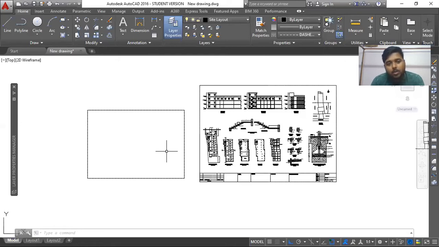Simply draft your plan, or you have already drafted it. Draw a rectangular box of A4 sheet size because you can easily print it in A4. So draw a box of 210 millimeter by 297 millimeter. It will be a vertical rectangular box, and scale that particular box to 100 times. Then fit your drawing within that sheet, and I'm sure your drawing will fit. Now print it and check whether it is in 1:100 scale or not.